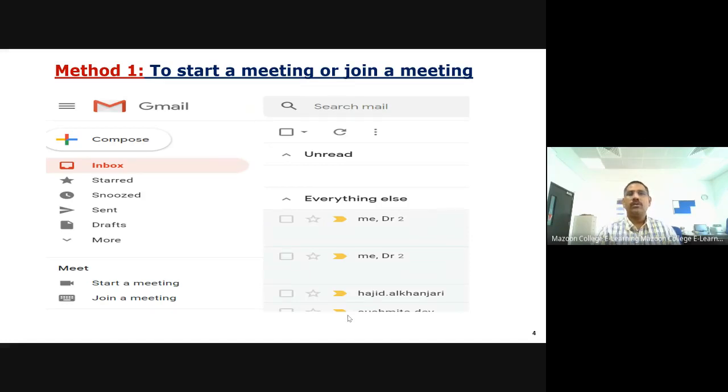If you want to use Google Meet, there are 2 methods. Method 1, to start a meeting or join a meeting. You just need to log in.